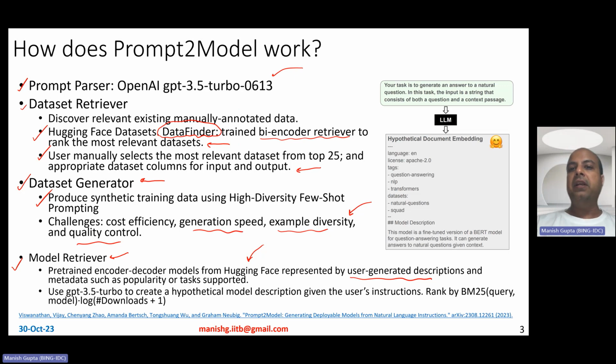Now, when a user input task comes in, like your task is to generate an answer to a natural question, and the input is a string that consists of both a question and a context passage, they pass it through the same LLM, the same GPT 3.5, and ask it to come up with this hypothetical document embedding. So the first step, you take the user task, the prompt parser parses the task description, and you pass this through the LLM so as to get the hypothetical document. You use GPT 3.5 Turbo to create a hypothetical document embedding,